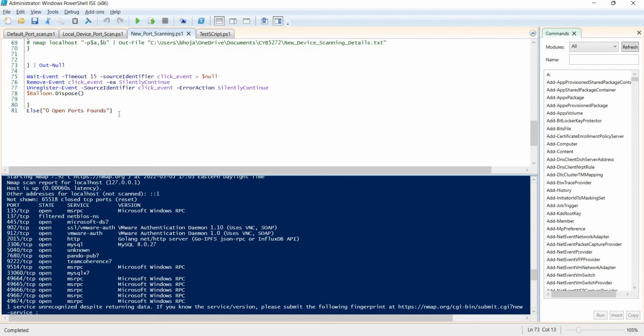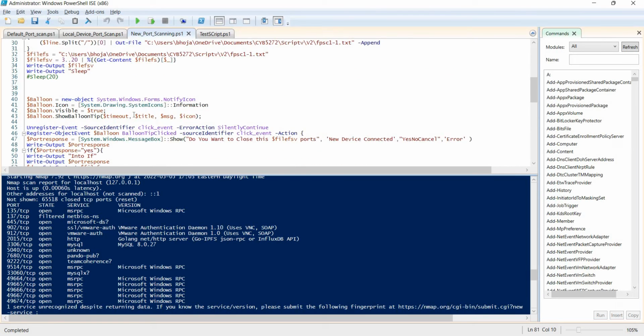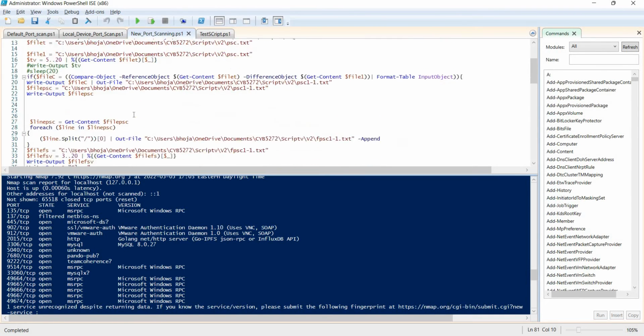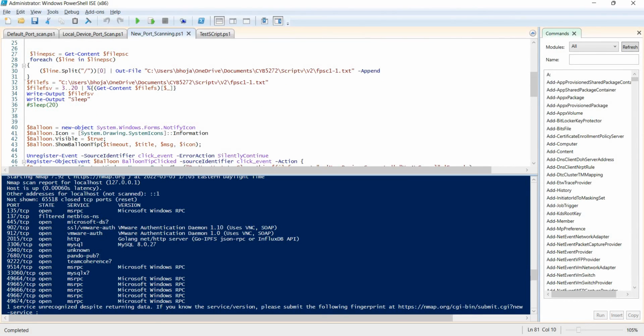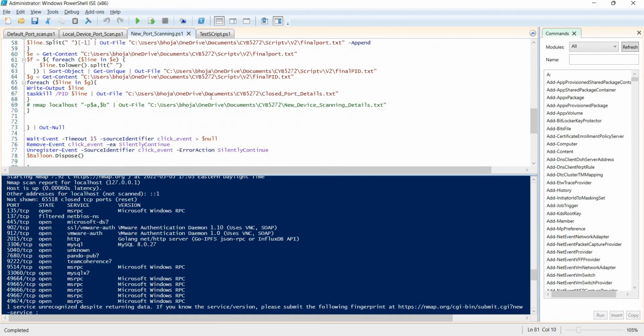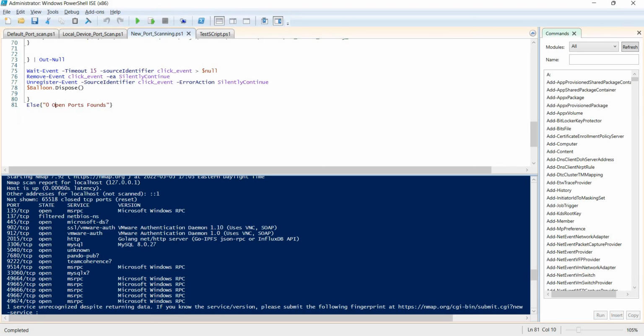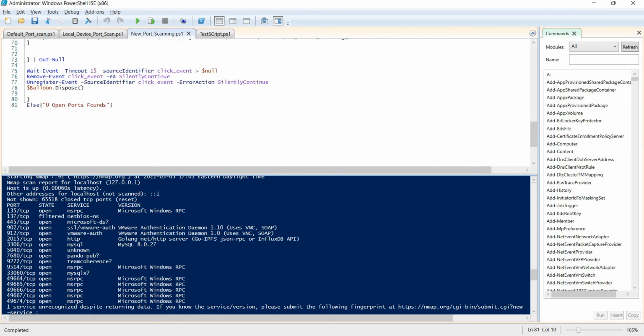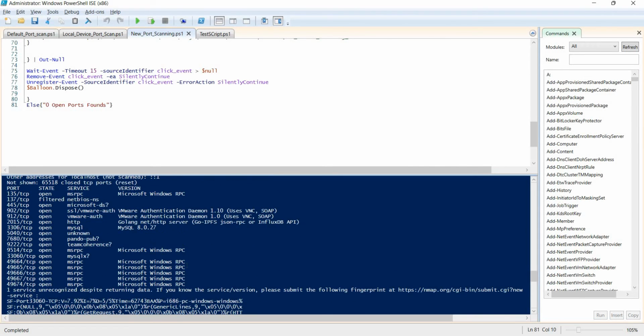And if there's no port found, then it will simply print zero open ports. So maybe there are no different ports open on a machine, so maybe it won't give us any detail, but let's try. Okay, as the last script would take too much time, so here we can see